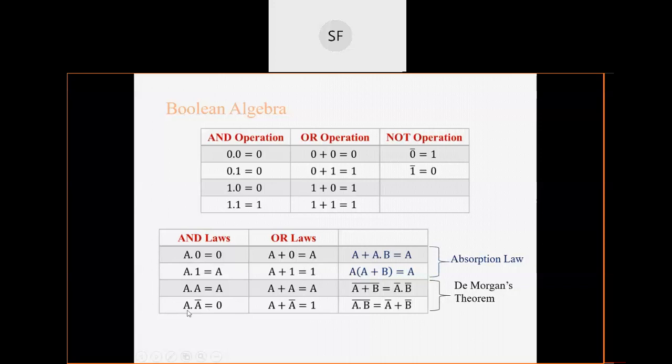And then the fourth one is A dot A complement. Now A dot A complement will always be equal to 0. Why? Can anyone answer? So here A is nothing but a variable. You can have your own variable, A, B, C, D, anything. If I had taken Z here, then Z dot Z bar is equal to 0. That won't change. Why? Anyone?